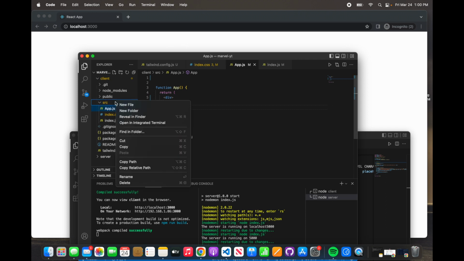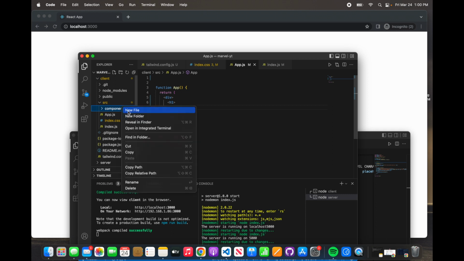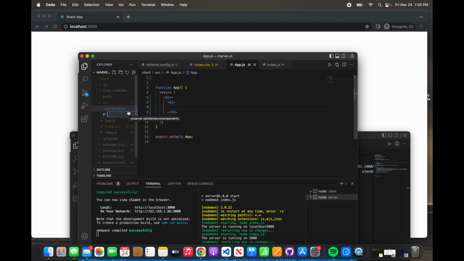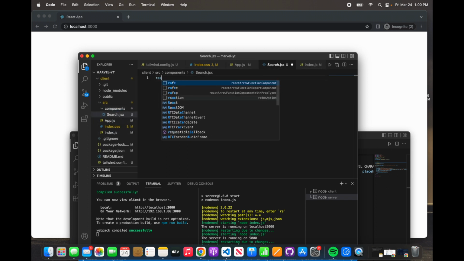We just come over to src, hit the folder, new folder, and it's going to be called components. Then we do new file and say search. Just make sure it starts with a capital because that's a requirement for React. So search.jsx. This is the JSX I was speaking about before. So you do that, and we're just going to type RAFCE,